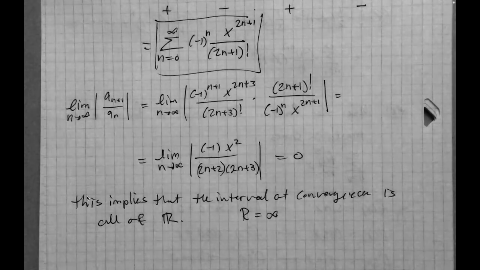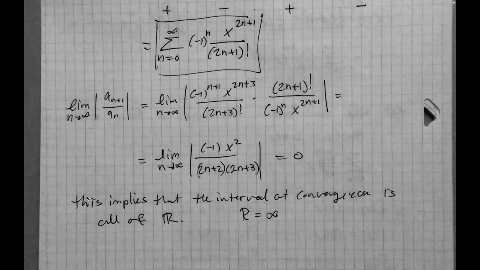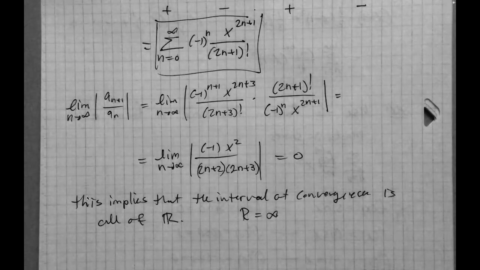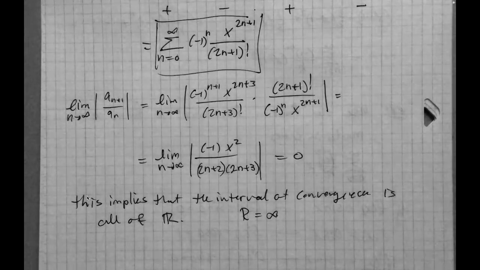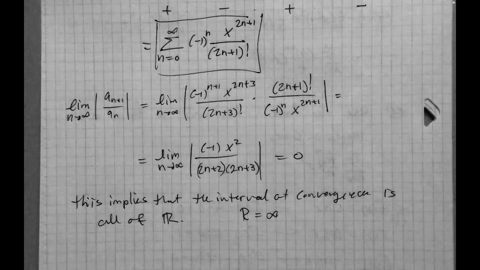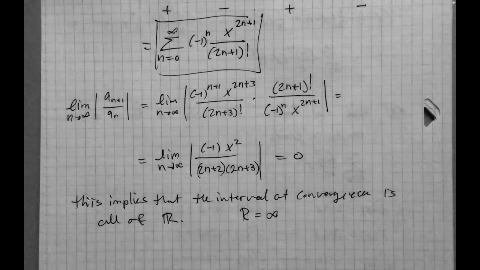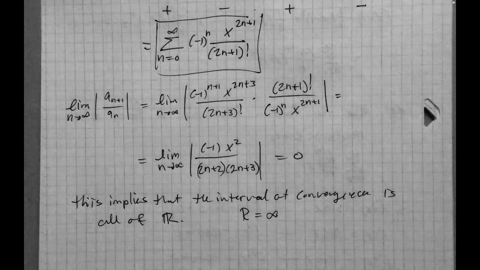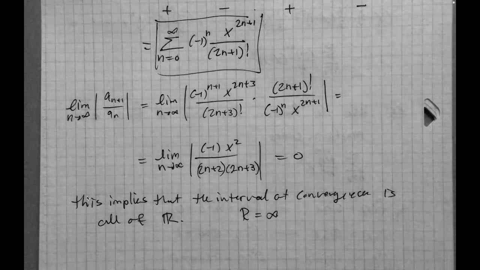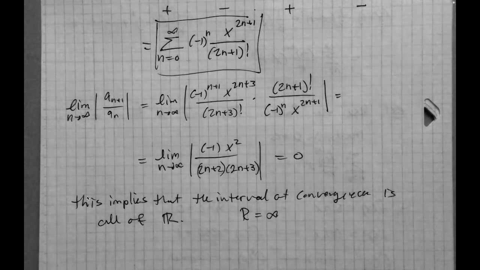Now, an important thing to notice from this example is that we can't conclude that the power series converges to sine of x for all x. That's important. What we say is that it converges to some function, but we're not sure which function it is. So in order to say that a series derived from Taylor polynomials built around the sine function converges to it, we have to prove something additional. We have to prove something about the remainder of the Taylor polynomials. And so in order to do that,